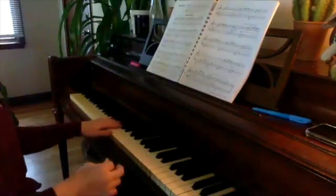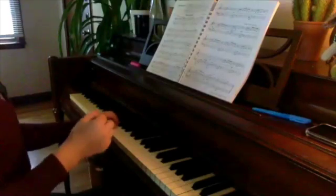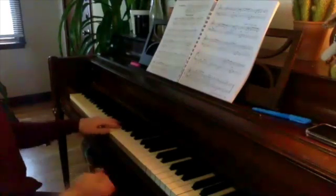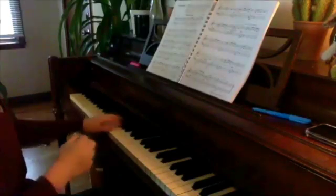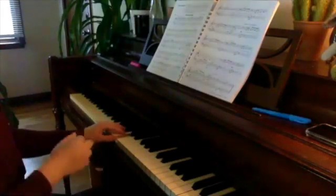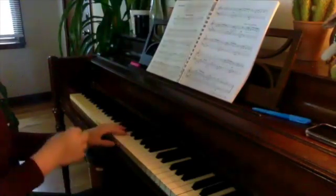7th, back to 6th, 5th, 6th, 7th, 6th. Now our hand position changes. 5th, 6th, 7th,